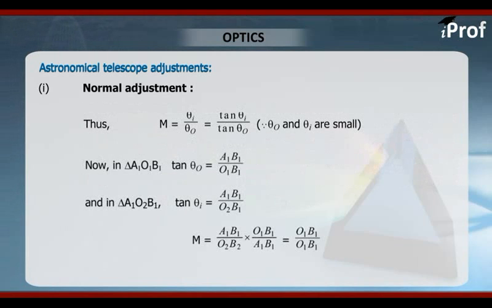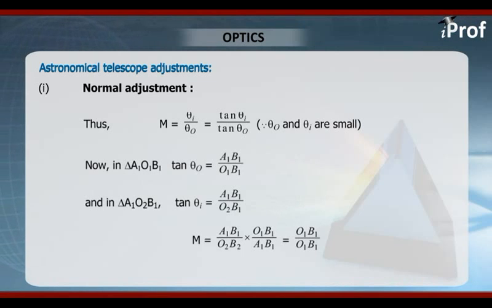So we can write capital M as theta I over theta naught, and in terms of tangent of this angle we can write M is equal to tan theta I over tan theta naught using small angle approximation. Now in triangle A1 O1 B1, tan theta naught is A1 B1 divided by O1 B1, and in triangle A1 O2 B1, tan theta I will be A1 B1 divided by O2 B1. So we get the value of M as O1